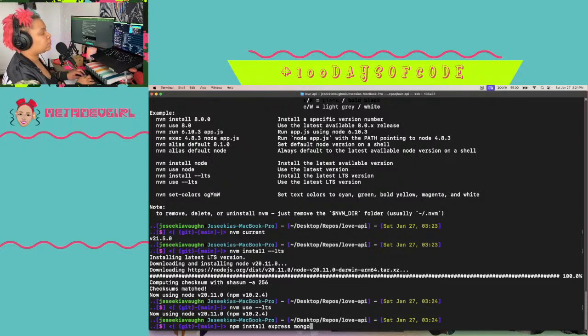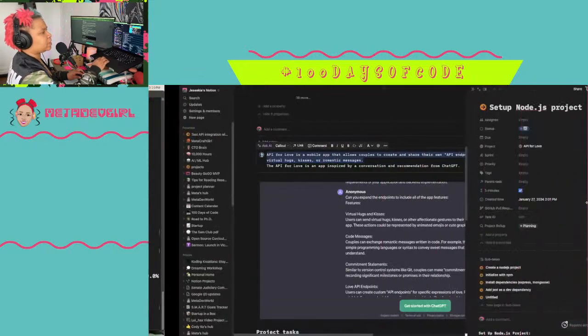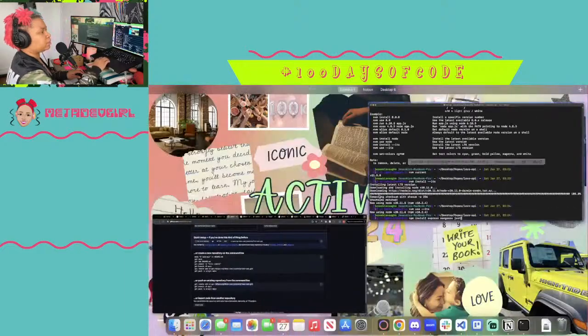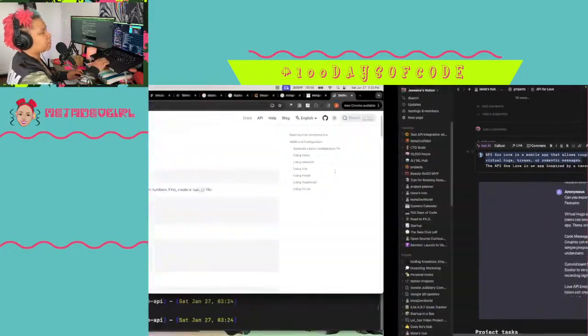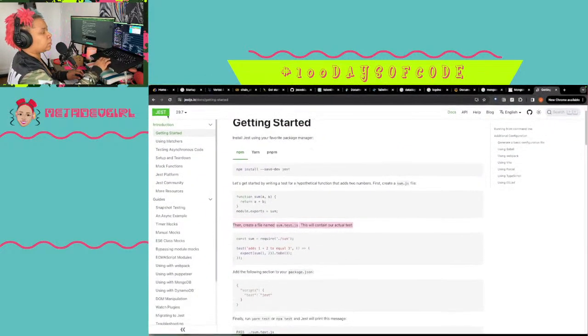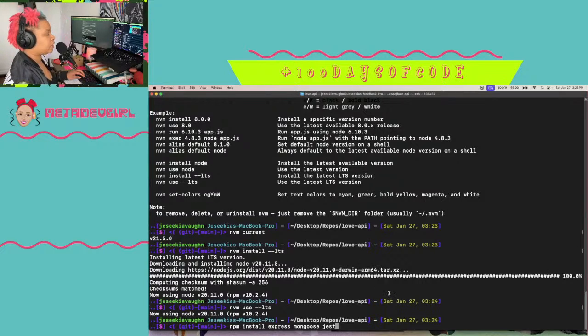Express and Mongoose and Jest. Was it just Jest? Oh no, because I want Jest as a dev dependency. Let's do this so that way I won't keep doing that.